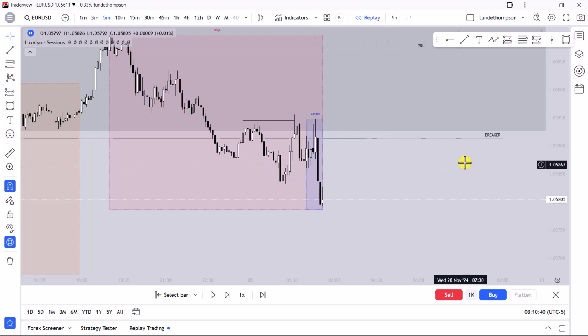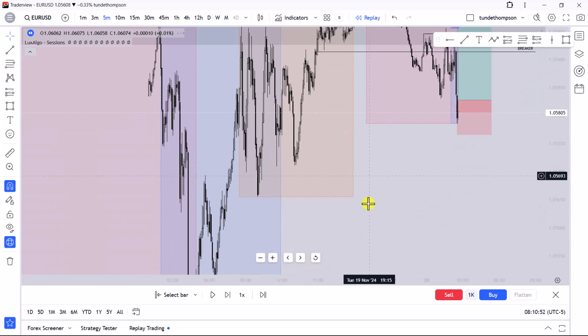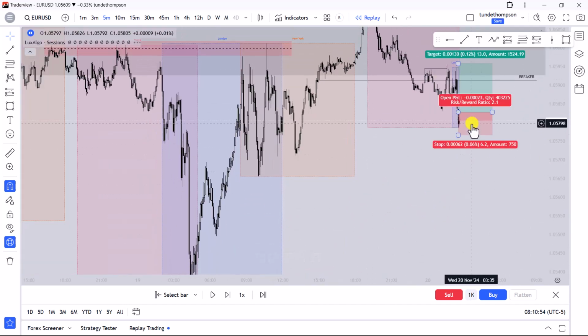Okay, so we have a fair value gap here, an aggressive push down, a fair value gap. So where should your entry be? Your entry will be here. This is the fair value gap. Your stop can be here after sweeping liquidity. Where should your target be? Your target can be the previous, sorry, this is the